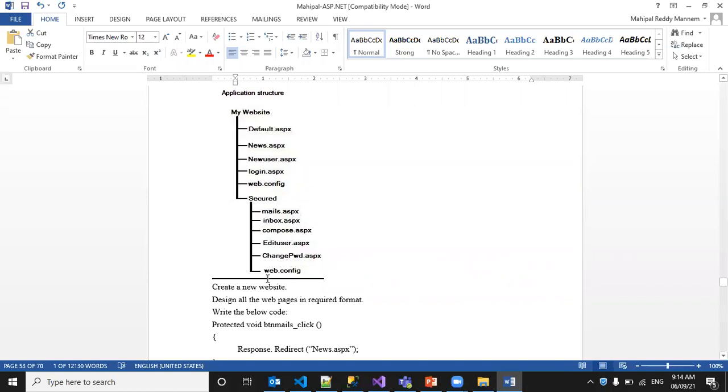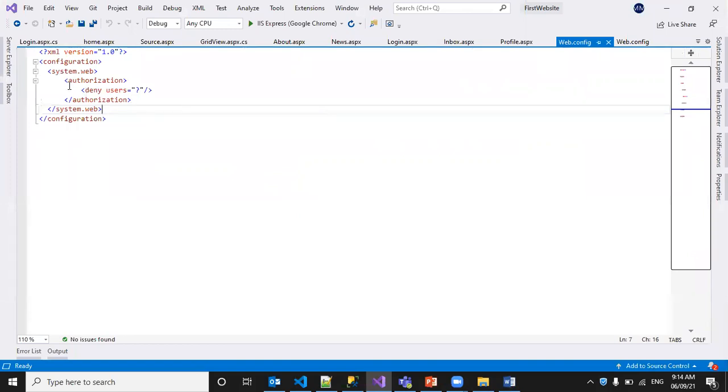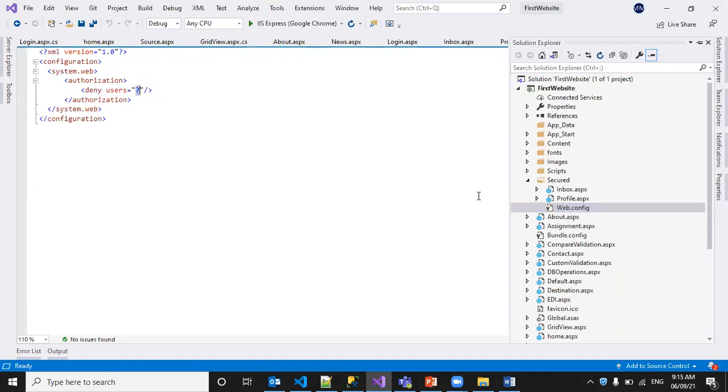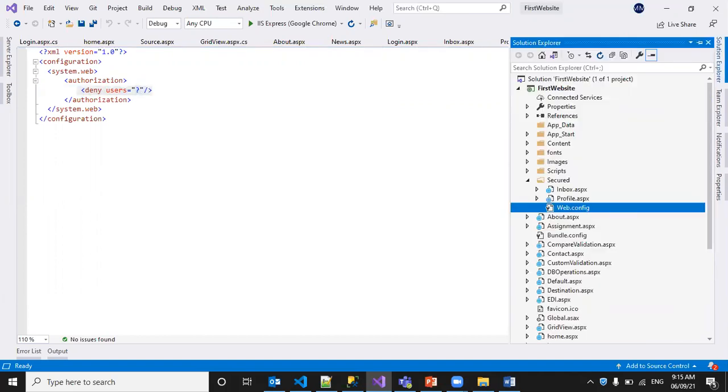In such cases, we can add a web.config under it, and we can define one statement like this under system.web authorization, deny users question mark, which means it won't allow unauthorized users into that folder. So under the secured folder, I have a web.config. It won't allow unauthorized users to access these pages, inbox and profile pages.